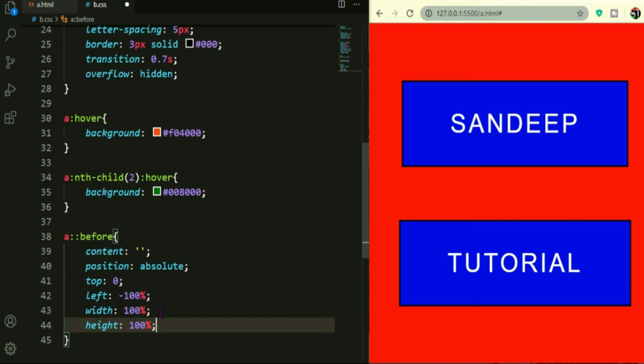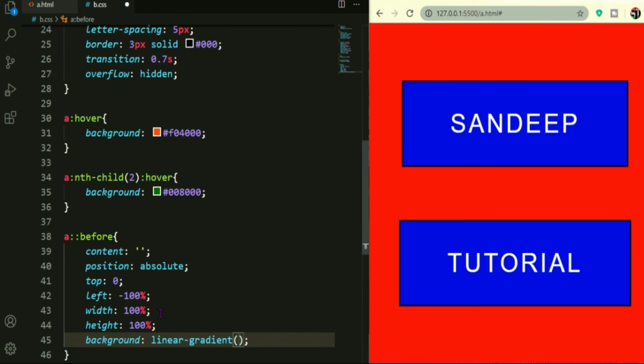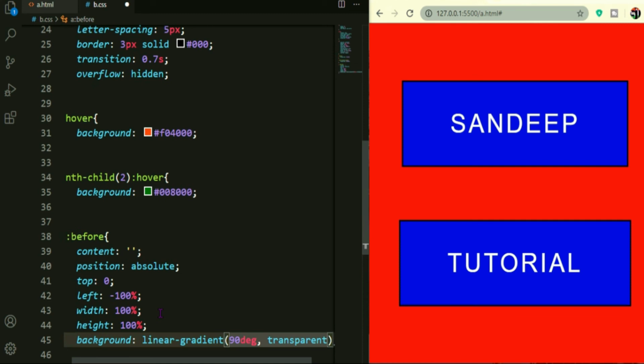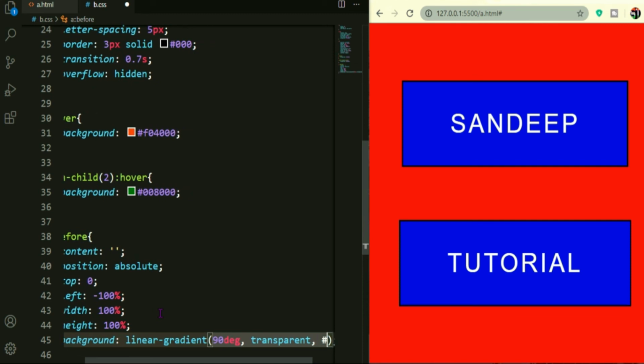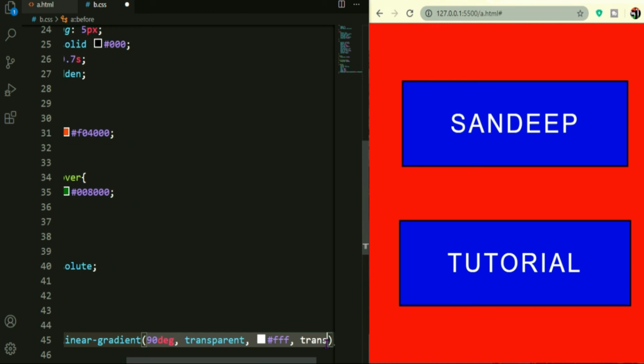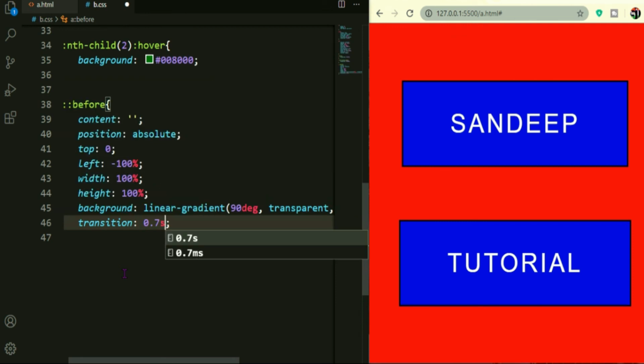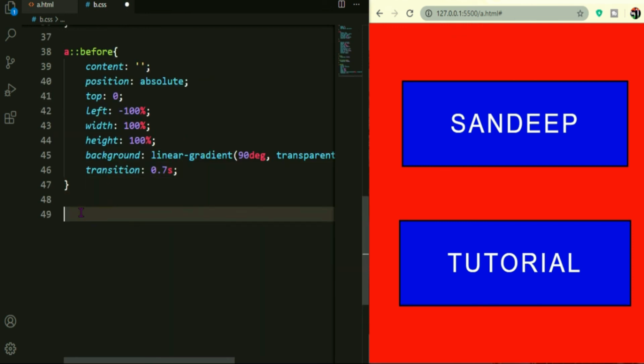Background linear-gradient of 90 degree, comma, transparent, comma hash fff, comma transparent. After this, transition 0.7 second. Yes. After this, a:hover